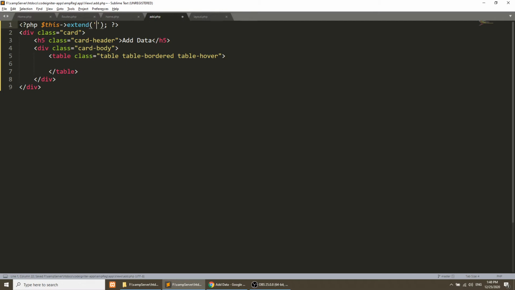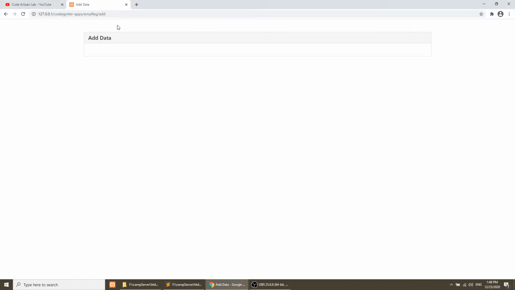In this I will extend the layout template. If you have any subfolder, then you can define the subfolder here, and if you keep it in the view folder, then you can simply define the layout. Now let's go to the add page and refresh this.